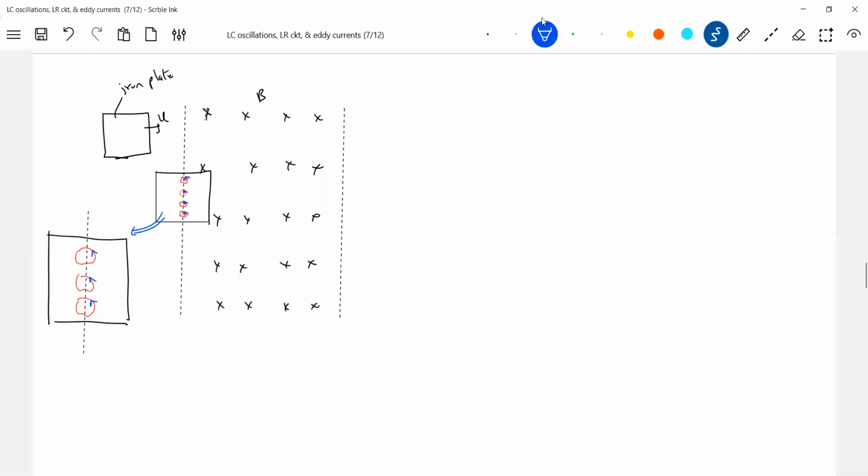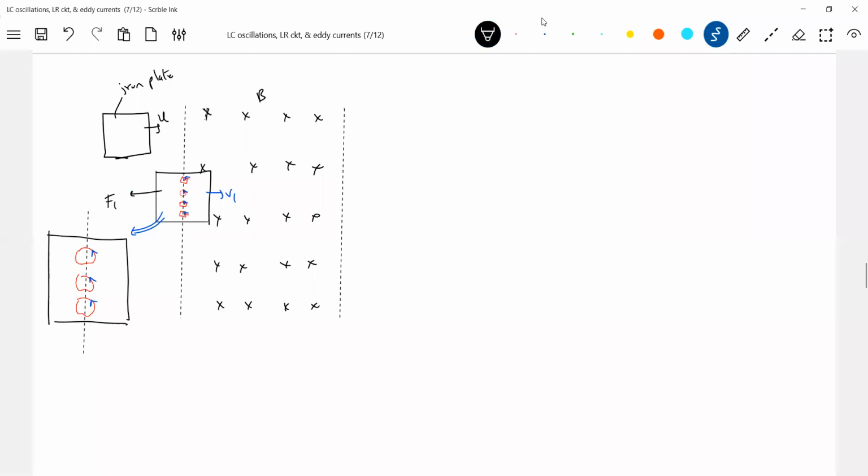No, now look at this. What happened to the velocity of the loop? It will become v1. Why? Because according to Lenz's law, the direction of induced current should be such that it opposes the cause. What is the cause? Velocity. So there will be a retarding force F1 acting here by Lenz's law.